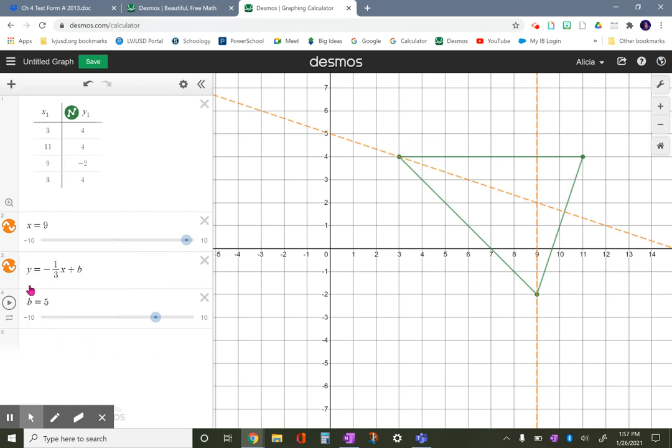Okay. So you could definitely find the third altitude, but here's what I'm going to tell you. If two of the altitudes intersect at this point right here, there it is, then that means that all three of them are going to intersect there. So you can go ahead and find the third altitude from this vertex to the opposite side. But if two of the altitudes intersect at this point, the third altitude has to also intersect at that point. So you really only need to find two altitudes to find your intersection,